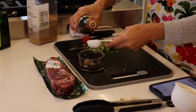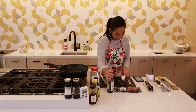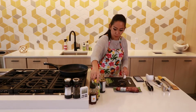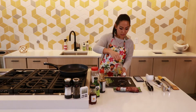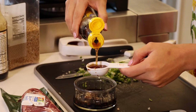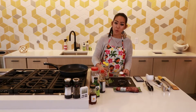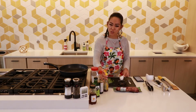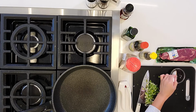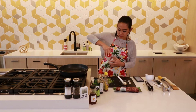Two tablespoons of our soy sauce. And then we have 1 tablespoon of toasted sesame oil. Very earthy taste and smell to it. Korean food almost always has sesame oil along with soy sauce. All right, so 1 tablespoon of sesame seeds, which,